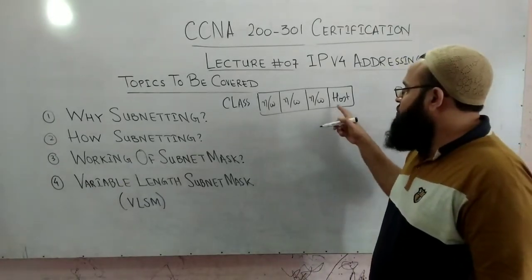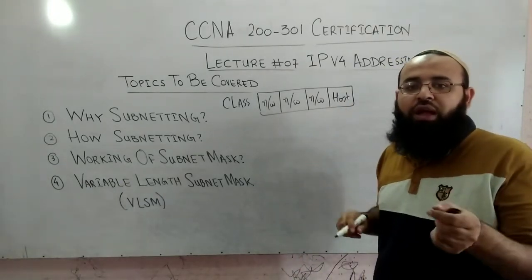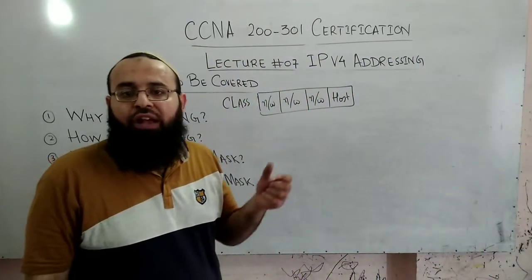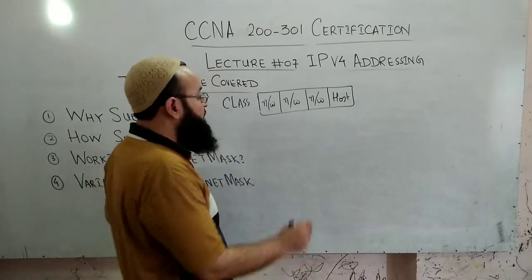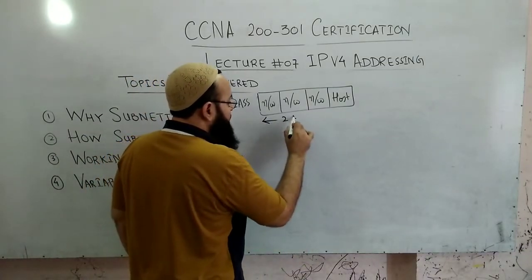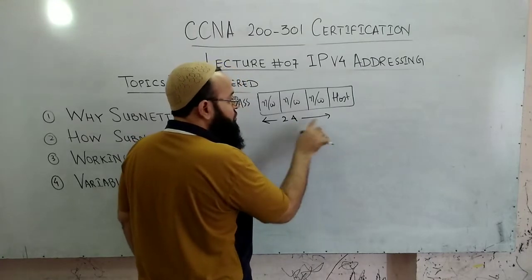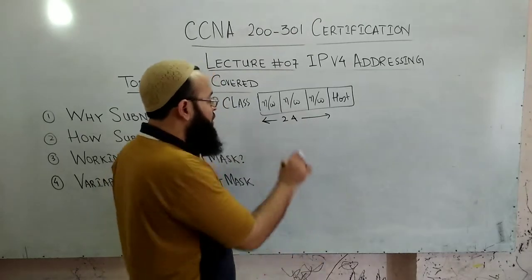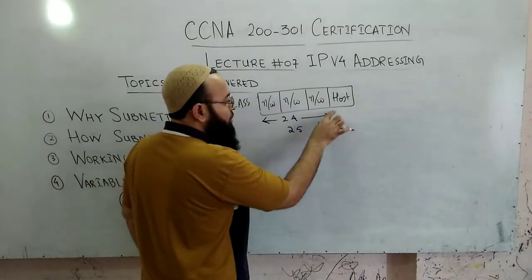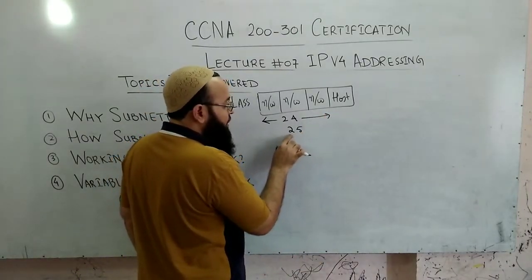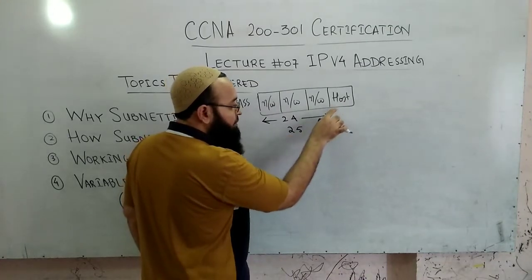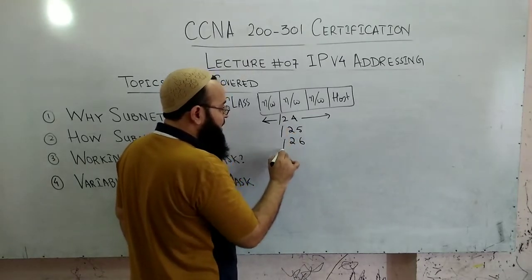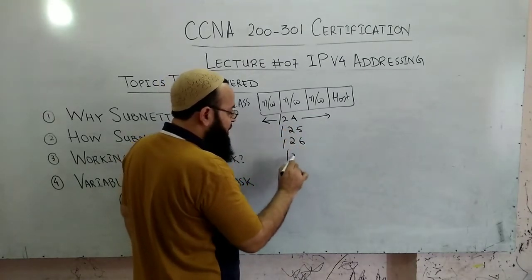So if you want to perform subnetting, then you have to extract bits from the host portion, not from the network portion. If you extract bits from the host portion, then at a minimum you have 24 bits. As you exceed these 24 bits into the host portion, you can have 25 bits. If you have 25 bits, then you have taken 1 bit from the host portion. Or you can have 26 bits. These are all CIDR values: /24, /25, /26.